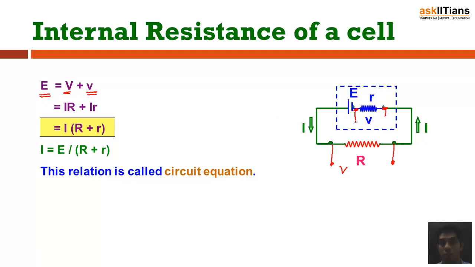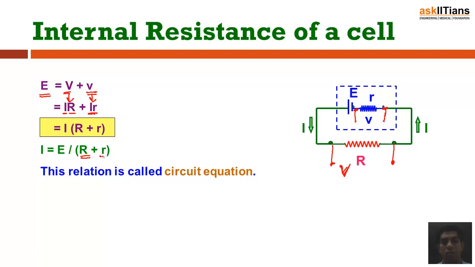So this is the small v and this is the capital V. So we can definitely write E, that is the electromotive force, to be I R, the current in the circuit multiplied by the external resistance R, that gives me the value of V. I into small r gives me the value of small v. So E is equal to I times (R plus r). So finally we get the value of current in the circuit to be E divided by the net resistance, that is